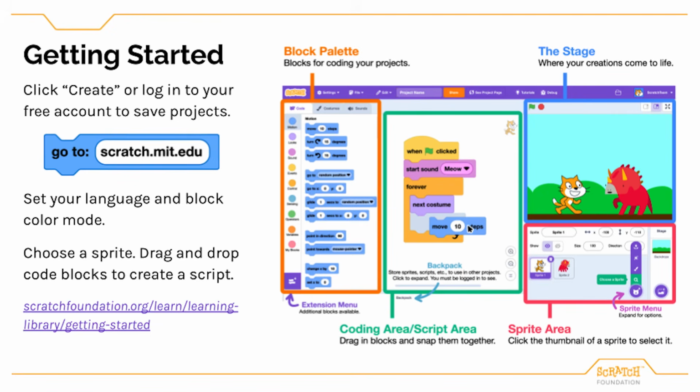You can choose your preferred language or color mode, original or high contrast, under Settings, and see our tutorials or debug buttons for helpful tips when creating projects. When logged in, you'll also have access to Remix projects, which is making a copy of someone else's shared project to modify. I highlight some remix opportunities in this series. Or share a project that you created inspired by this series, using the share button to make your project public.